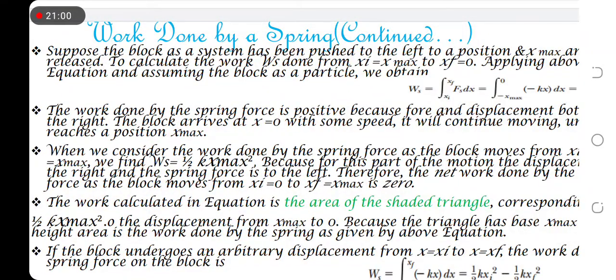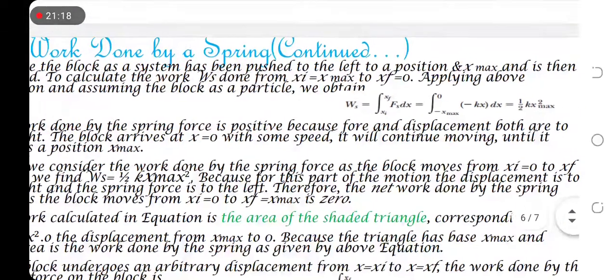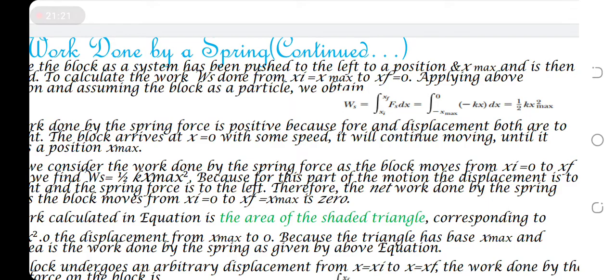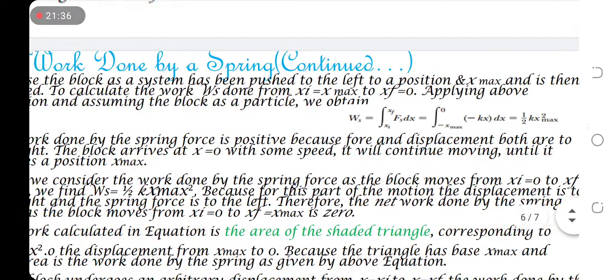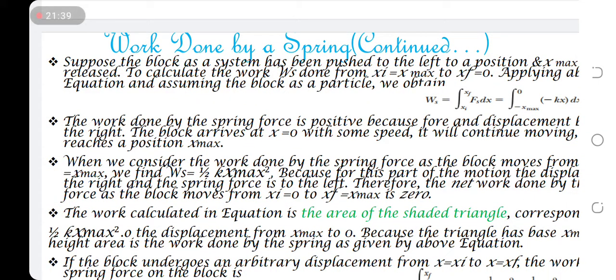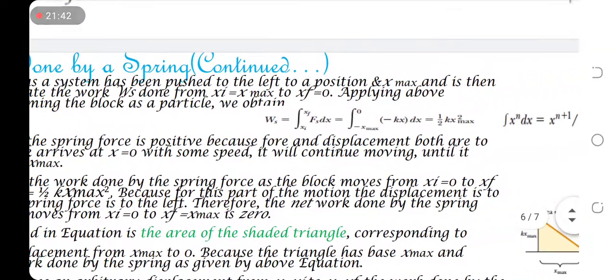Now, we are interested in finding the work done. Suppose the block as a system has been pushed to the left to a position that is x maximum, and it is then released. To calculate the work done Ws from xi to x maximum, again to xf equal to 0, applying the above equation, assuming the block as a particle, we can take the work as